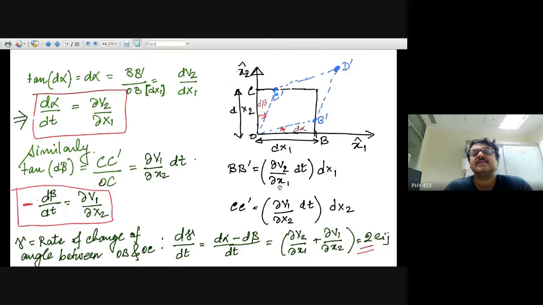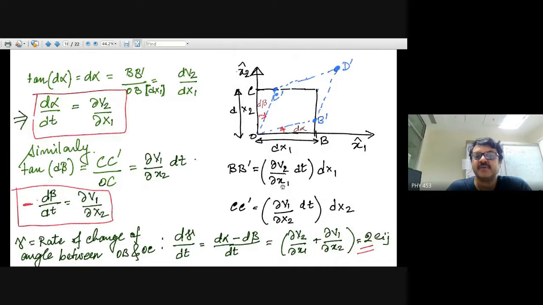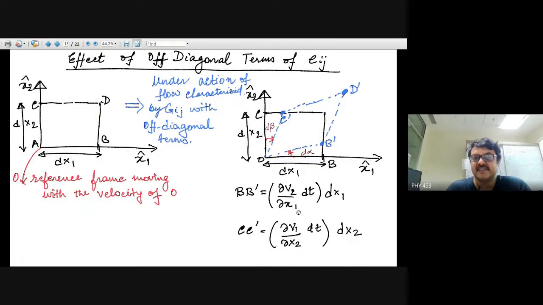Now what to discuss is this angle d alpha. If d alpha is small, it is equal to tan d alpha, and that is equal to B dash B upon OB, and OB is dx1. If you divide by dx1, you get del v2 del x1 into dt. And similarly, CC dash by dx2,